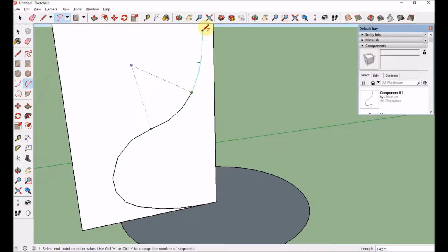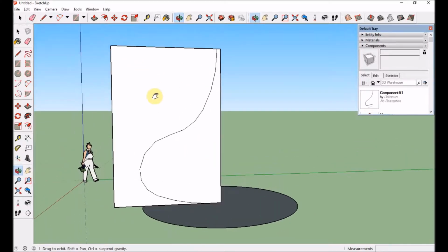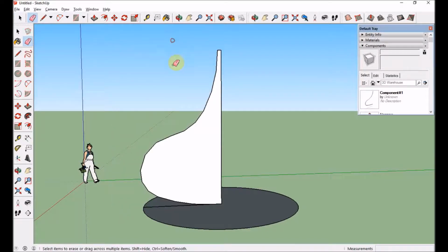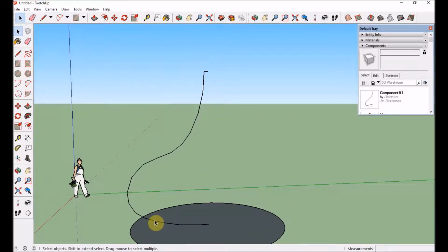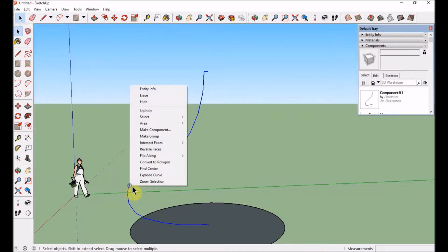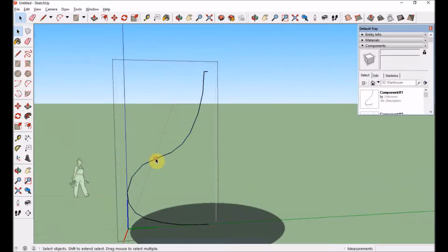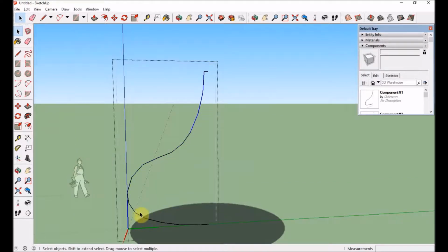So when making this curve right now, I find it easy to first draw out how the shape is supposed to look like 2D and then bring it into 3D after. So this is kind of like the cross section of the shape. And I'm drawing it out of curves. I've made it a component so that I can make it once and then copy it over as many times as I need. Once I'm done, you're gonna see that I'm exploding all the curves now